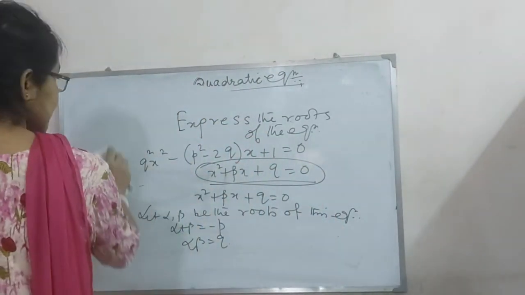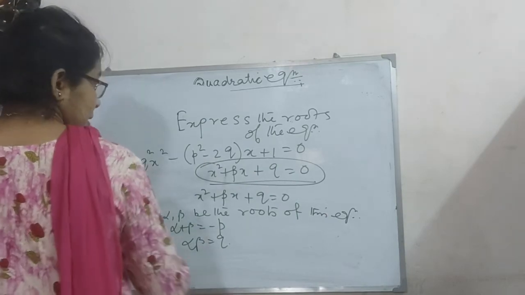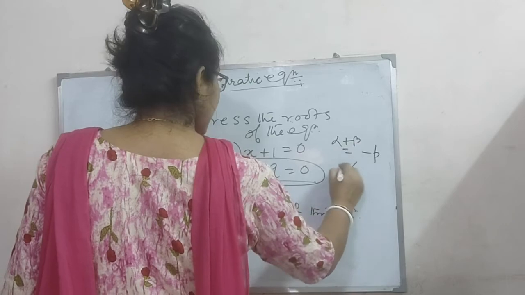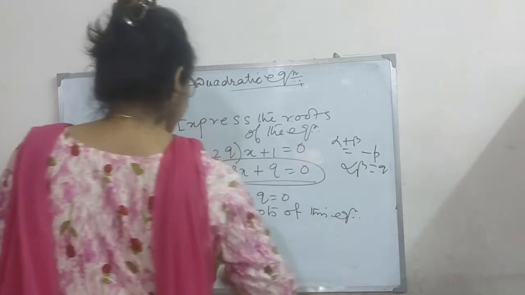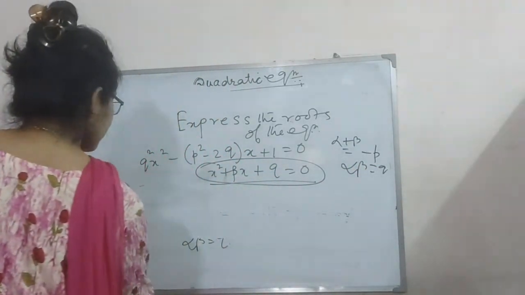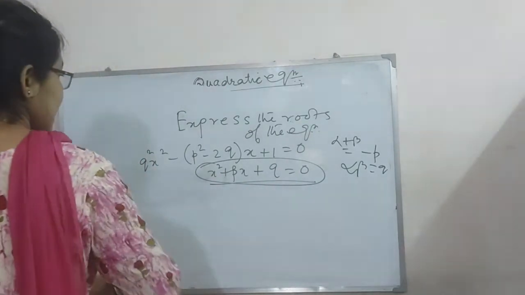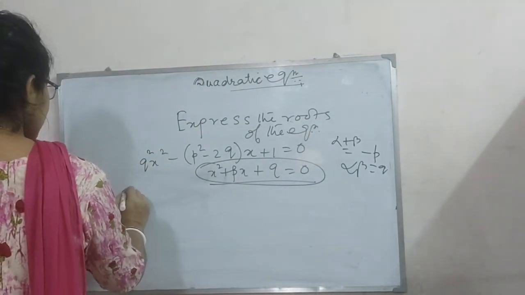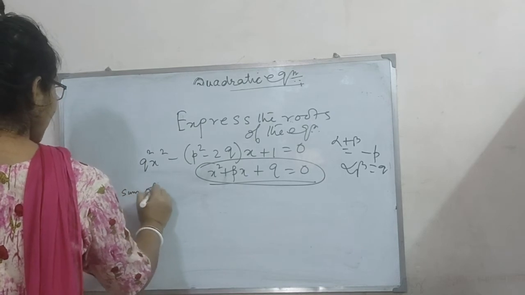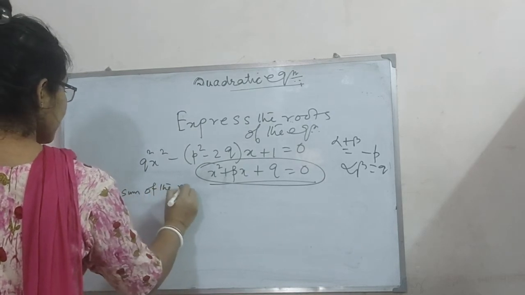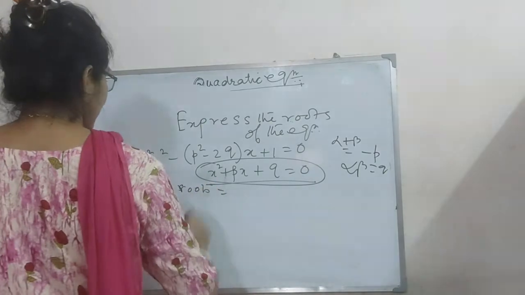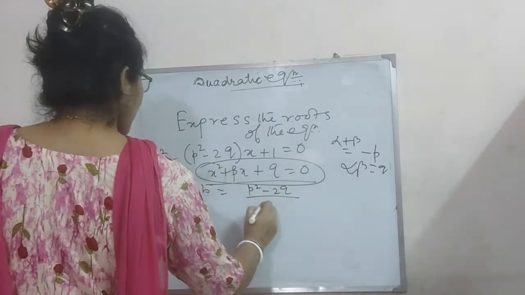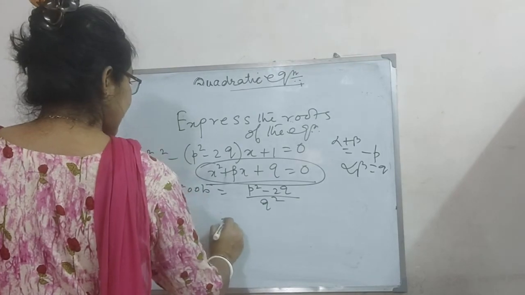But in the other equation, sum of the roots equal to p square minus 2q by q square, that is